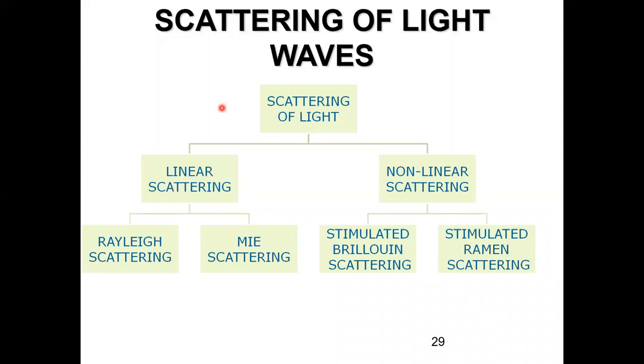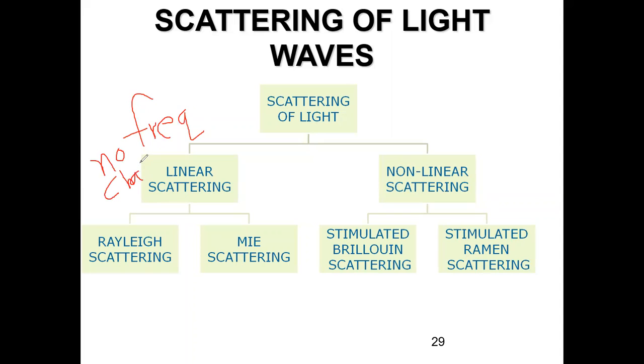So what has happened? When the light gets scattered, the mode it was propagating in, suppose one particular mode, changes. When the mode is changing, the light is scattering and escaping, so that signal has not propagated, it has got lost somewhere. There is no change in the frequency of the remaining signal which is propagating through the fiber. So that is linear scattering, from the name linear.